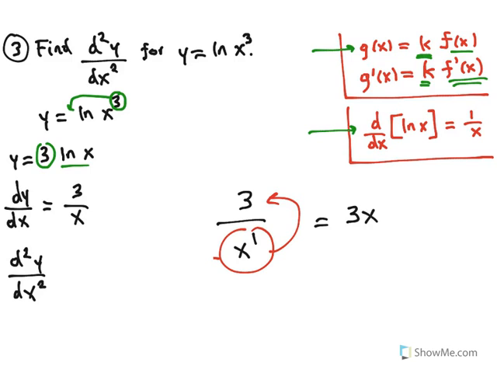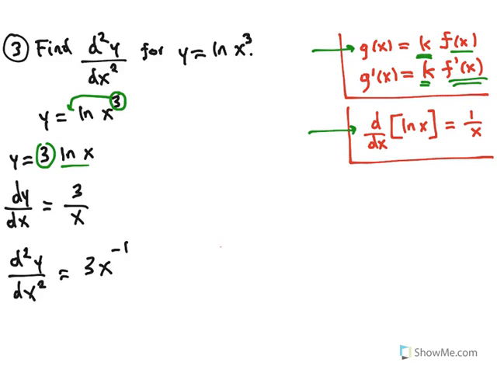So this is equal to 3 times x to the negative 1. So we rewrote 3 over x using properties of exponents. We took x to the first from the denominator to the numerator, and now we have x to the negative 1 power in the numerator. This is the correct way of doing the problem, and now you will find the second derivative of